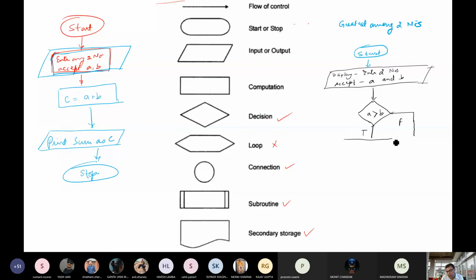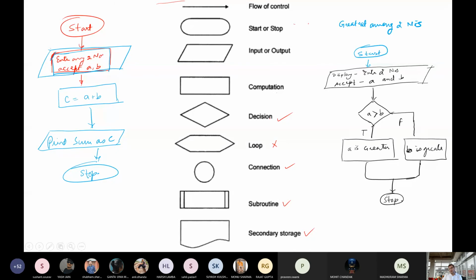If it is true, then you display that A is greater. And if this condition is false, then you write B is greater. Fine, and you can terminate both the nodes by short circuiting and write stop here.